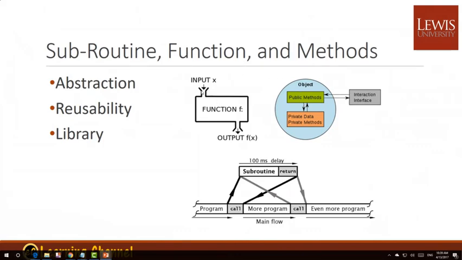And function, conceptually, is something with input and something with output. And a subroutine is where we have a control flow, and then we jump to somewhere and come back, as a subroutine flow. But these actually have similar meaning in programming. Even though the names are different, to me, it's all the same. Sometimes subroutine means no return value, but function usually means there are certain return values, and method means,